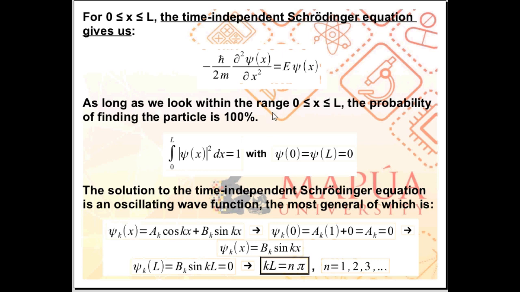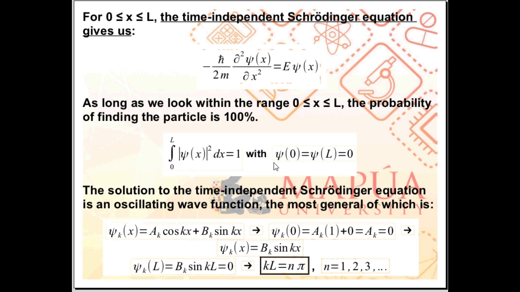As mentioned, small psi is cyclical. It could be sine or it could be described by a cosine function. The general form is that it's described by both cosine and sine. Now, if we apply our